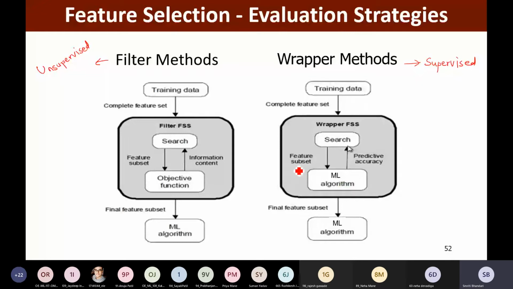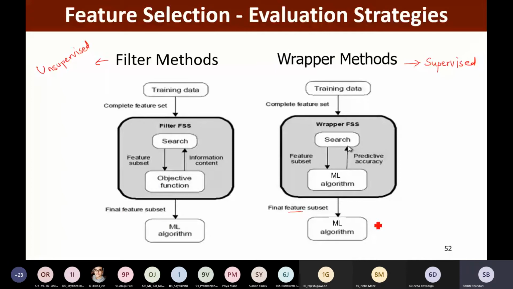Every time the subset is found, the ML algorithm itself is used to predict the accuracy, and depending on the accuracy, the decision is made to modify that subset, and once again with the new subset, the ML algorithm finds the accuracy and the process continues. Ultimately we get the feature subset, and this final feature subset is used to build the ML model. So these are the wrapper methods.